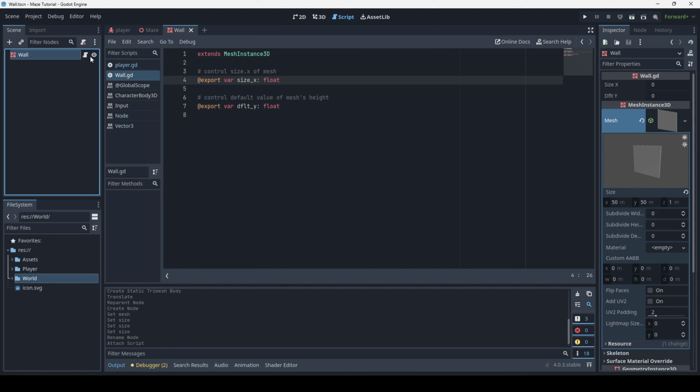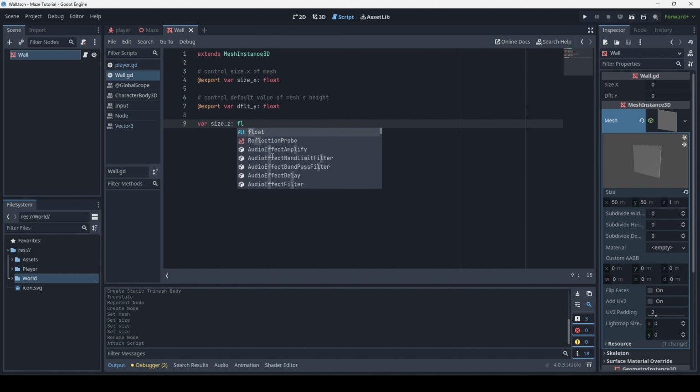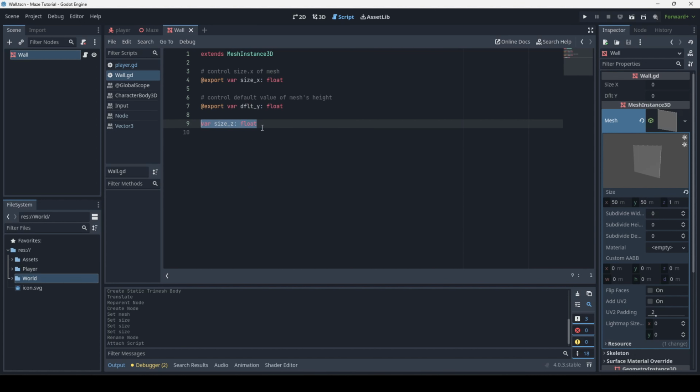And what this lets us do is change the variable within the editor, unlike a normal variable, so if I had a normal variable called size z, and I set that to a float, I would not be able to change this variable throughout different